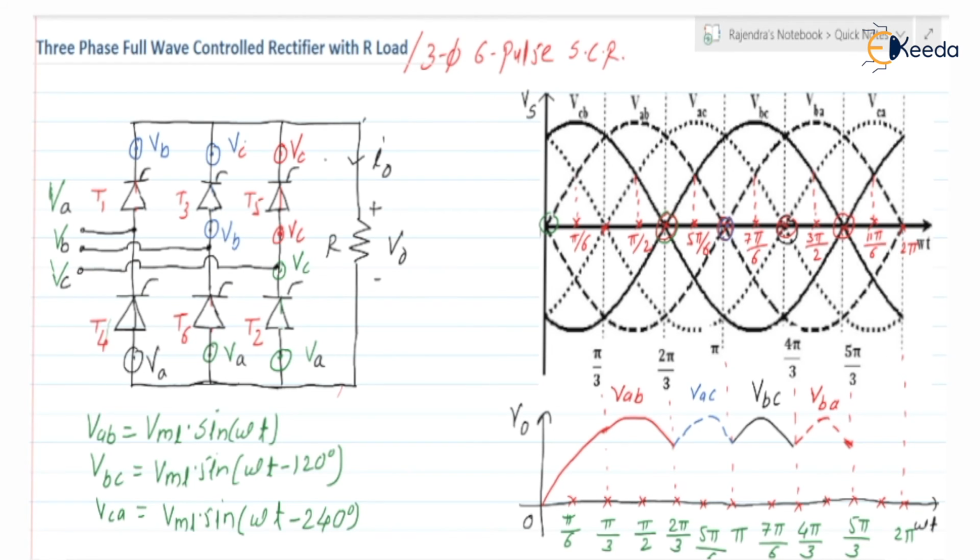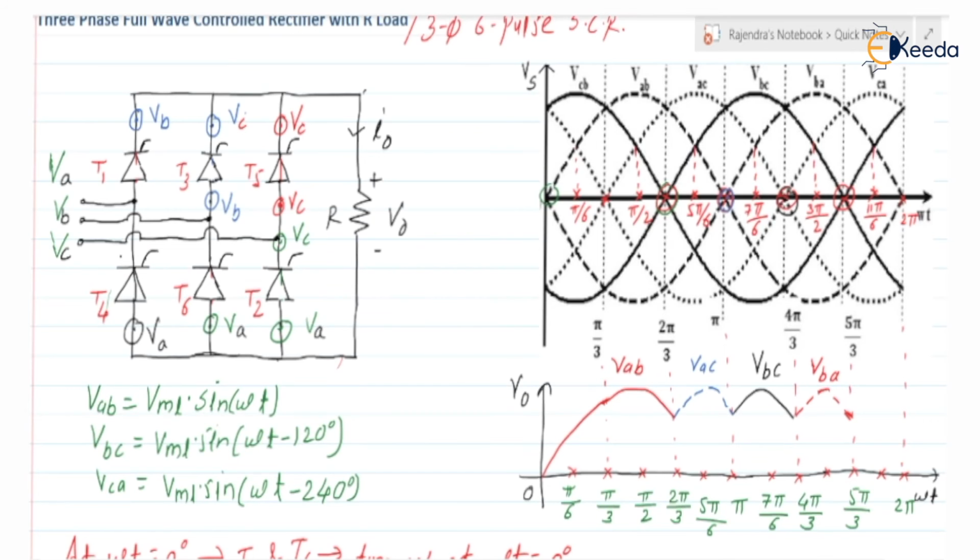Okay, so after that, the thyristor pair T4 and T5 will be in the on state. T4, T5 in the on state means what? The current will be flowing from VC, T5, load, T4 and again back to the VA. So current will be flowing from VC to VA, so it is VC minus VA, so it is a VCA. In the output, we will be getting the VCA. Is this clear? The output will be getting the VCA, right? So here a VCA pulse will appear.